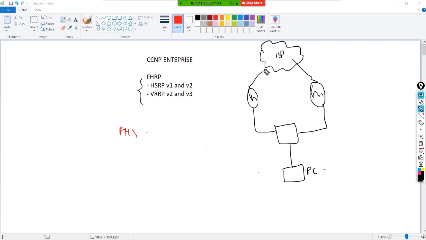Let's say by default the packets are being taken up by router 1, which is the gateway forwarding the packets. So the data will be sent to the switch, the switch is going to switch the packet to the router, and the router is going to take it forward to the ISP.